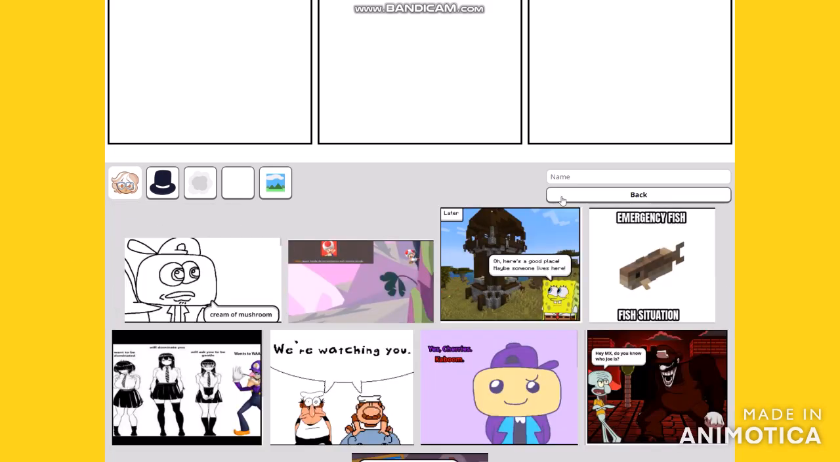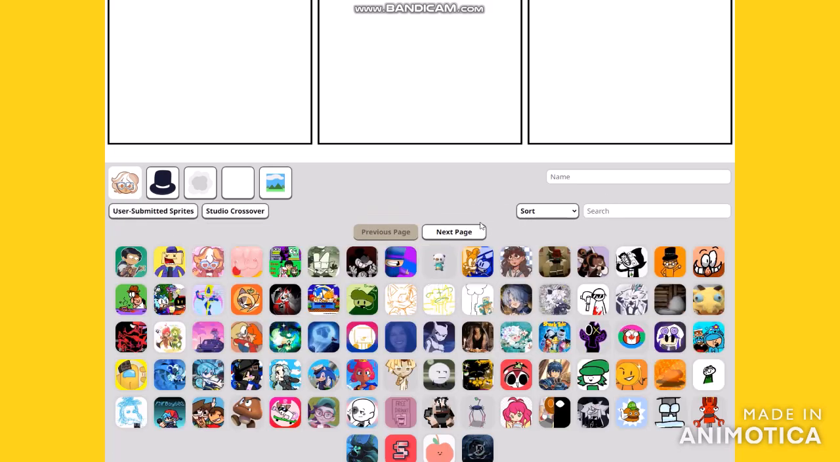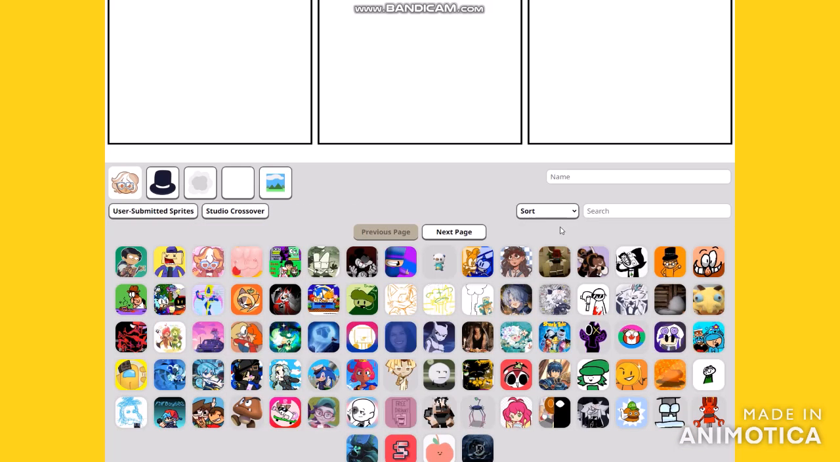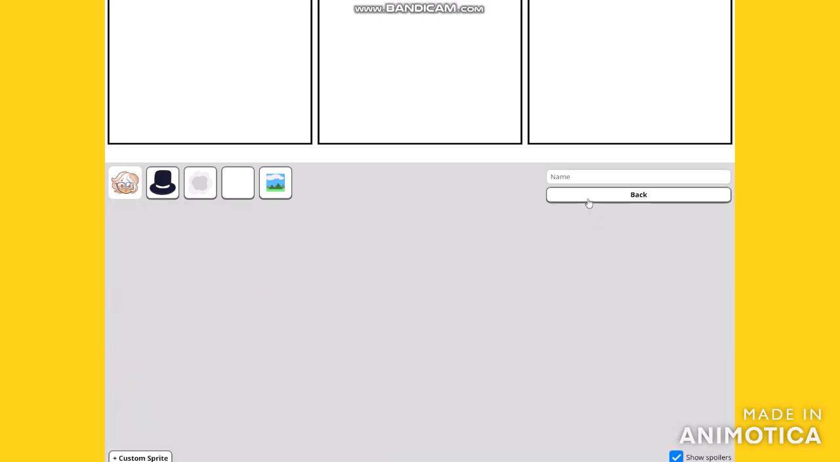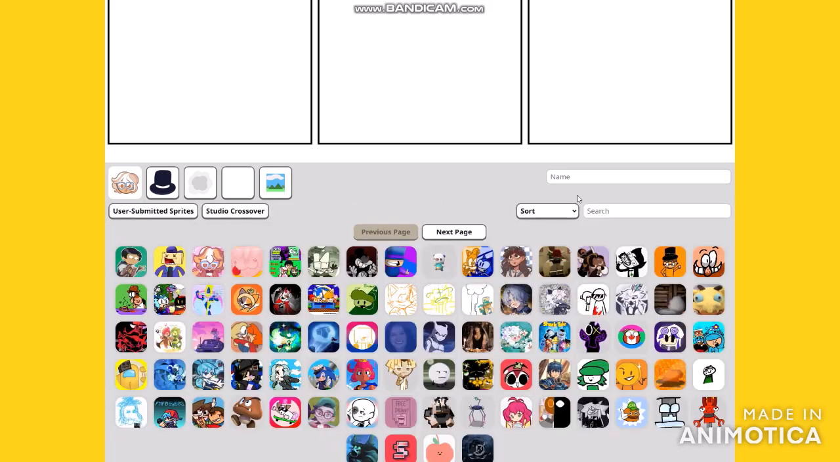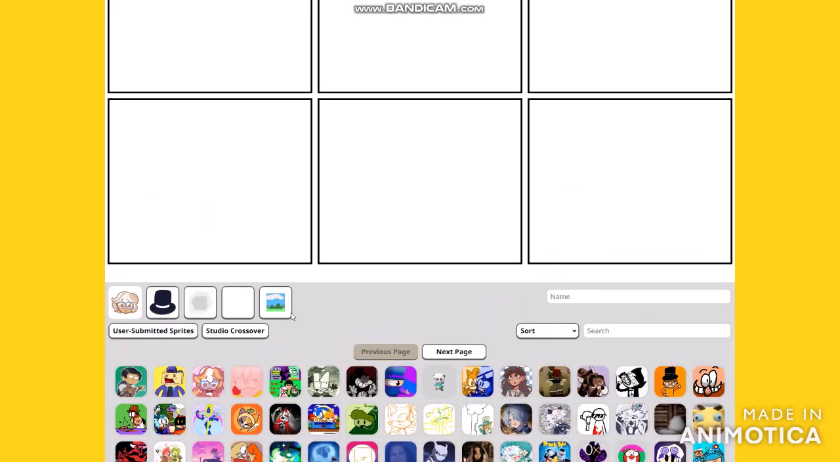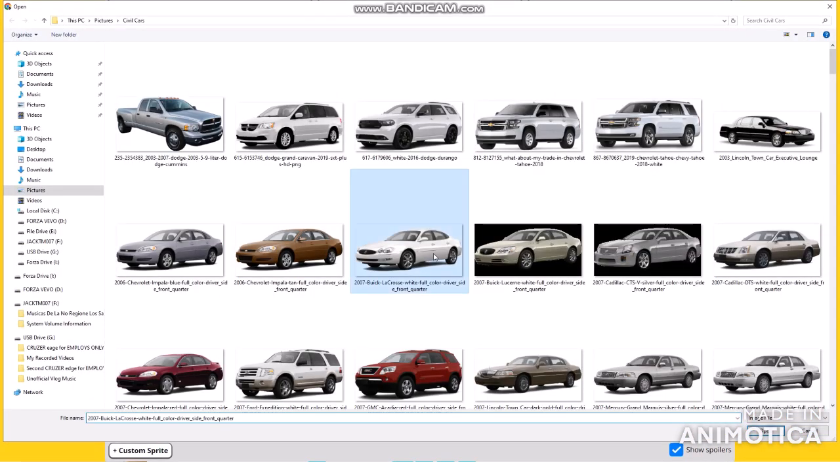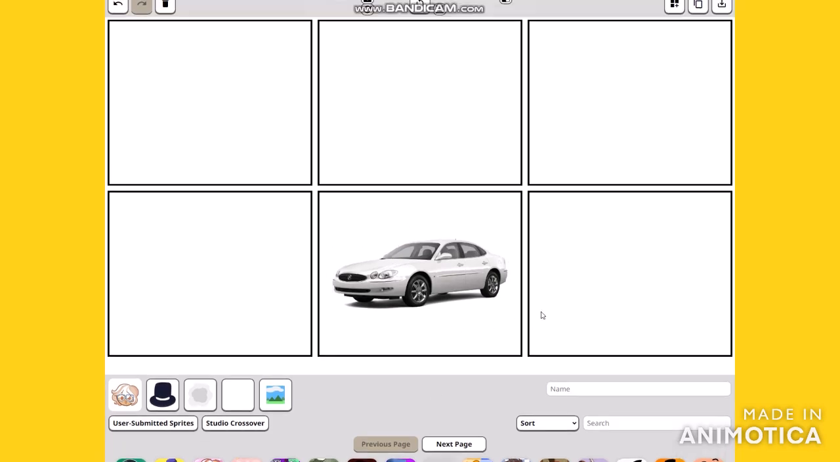But I'm certainly not that pretty good. It looks pretty horrible, like these guys. Unlike them, there's not some sort of background really going on out here. So, as we're not going to be using the studio crossover, let's just try to add one vehicle